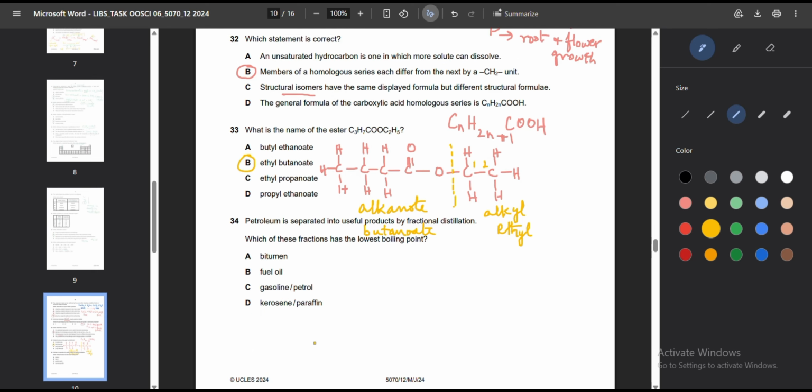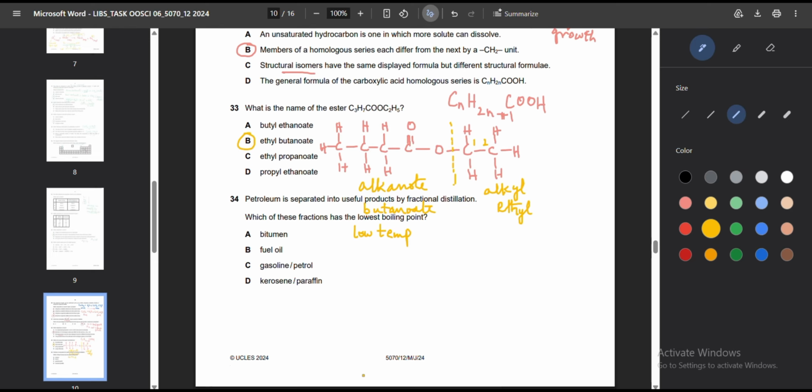Question number 34. Petroleum is separated into useful products by fractional distillation. Which of these fractions has the lowest boiling point? Okay, so if you remember the order, first of all we start from low temperature. If you move from low temperature to high temperature,